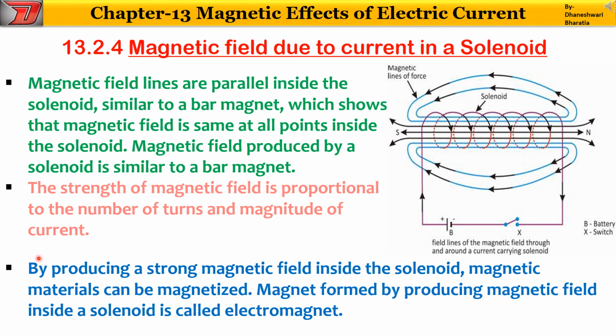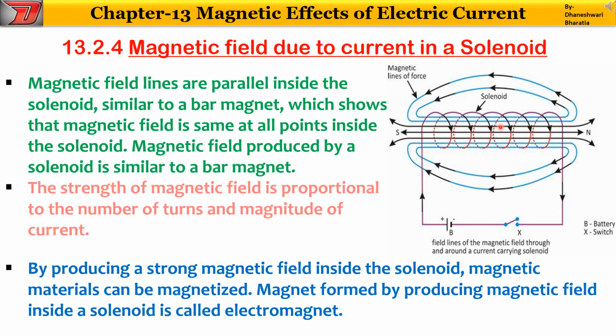And where do we use this solenoid? By producing a strong magnetic field inside the solenoid. ये solenoid के अंदर, this is hollow, right? ये तो पूरा टर्न है, अंदर तो पूरा खाली है, right? So what can we do? We can use magnetic materials, right? इसके अंदर हम ऐसी चीज़ रख सकते हैं जिसको हम मैग्नेटिक पावर दे सकते हैं, right? And when the current is flowing through this, magnetic power will be formed inside this solenoid and ultimately इसके अंदर जो चीज़ रखी होगी वो मैग्नेटाइज हो जाएगी,